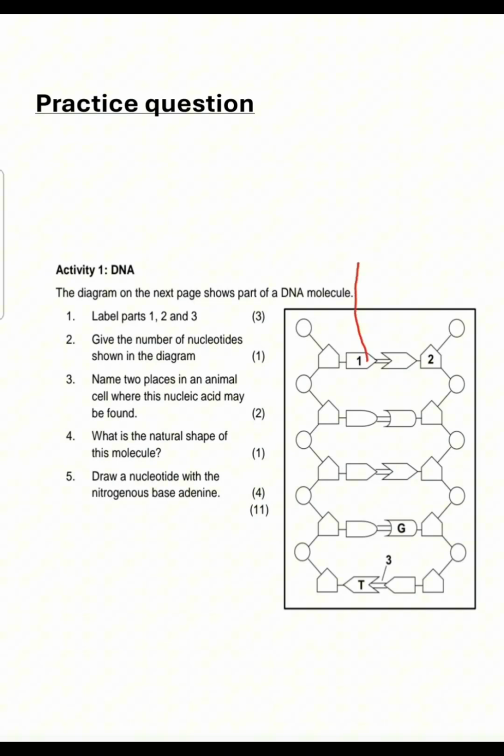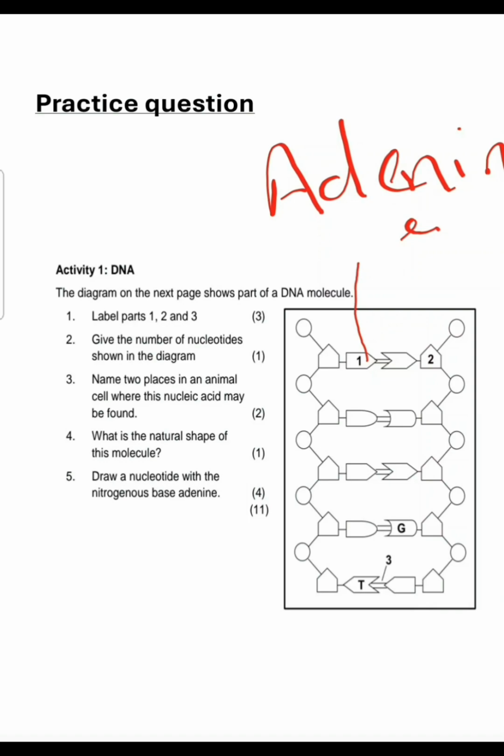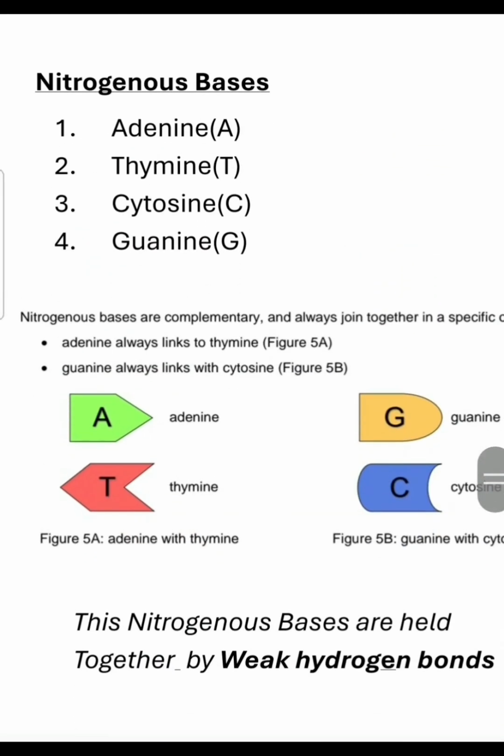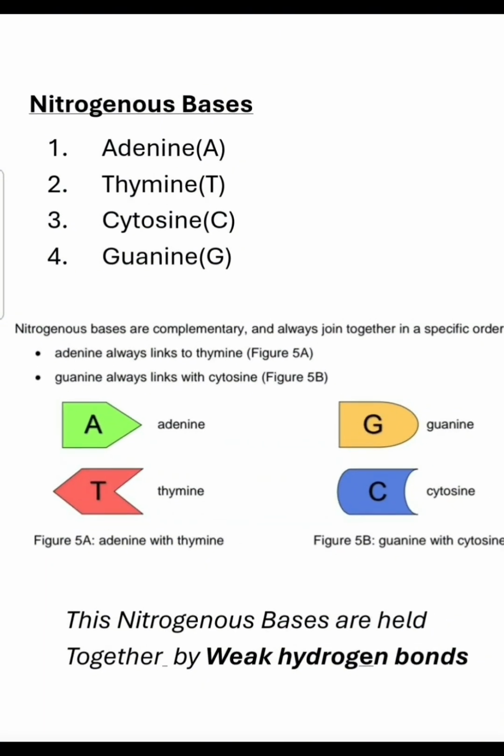Okay, so number 1 is an adenine. I know that most of you confused adenine with thymine because they look one and the same. So let's go back and check. Yeah. Right? So adenine is like this, thymine is like this. So let me tell you one trick. You can totally ignore it if you don't like it, but mostly people confuse between adenine, thymine, and then guanine